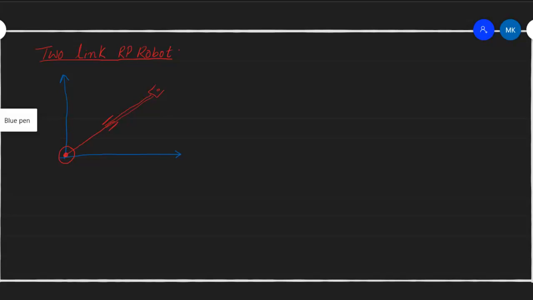So in this case, we can again assume that this is x naught and this is y naught, being our base frames. Now the first frame that we have to attach is to this link. We have been doing it so that we attach x1 along the length of the link, but if we look at the actual definition of attaching DH frames, we need to identify the axis of the joint. So this is x naught, this is z naught, that is the axis of the joint, which will be out of the paper or out of the board.